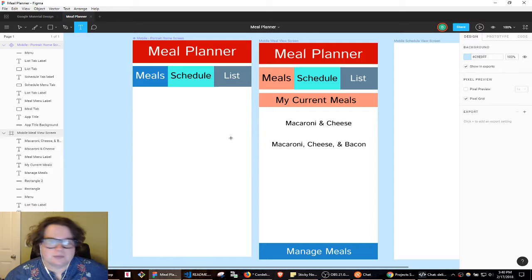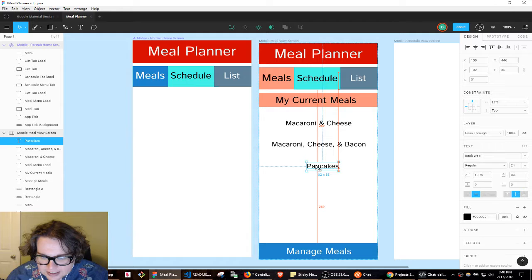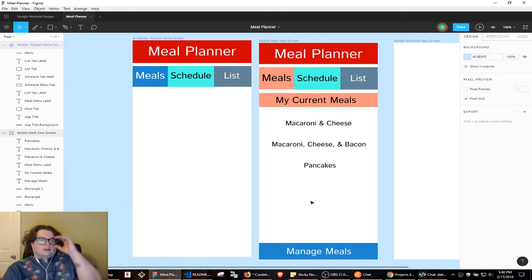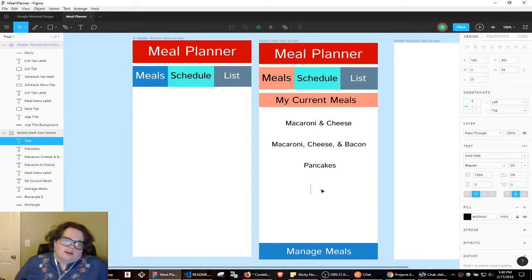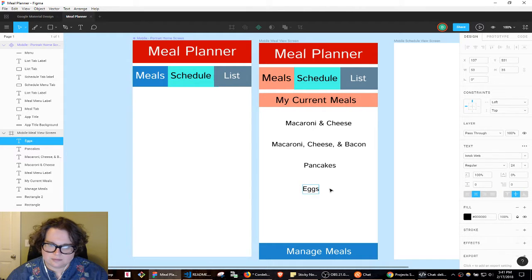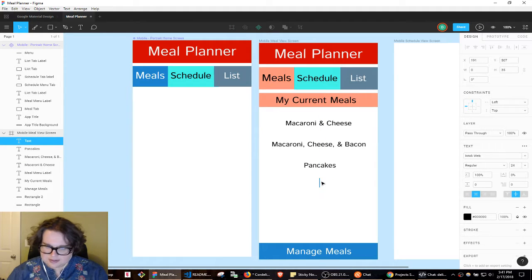Let's create another text box. We're going to say pancakes, because that goes well with macaroni and cheese. I don't entirely understand the centering tool, but we're going to go with it. Okay. And then let's create another one. We're going to say eggs. Actually, let's not say eggs. Let's say